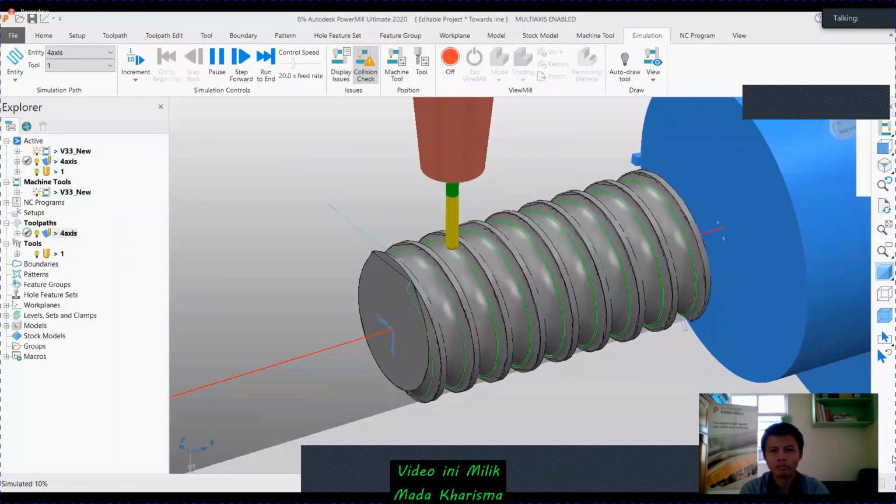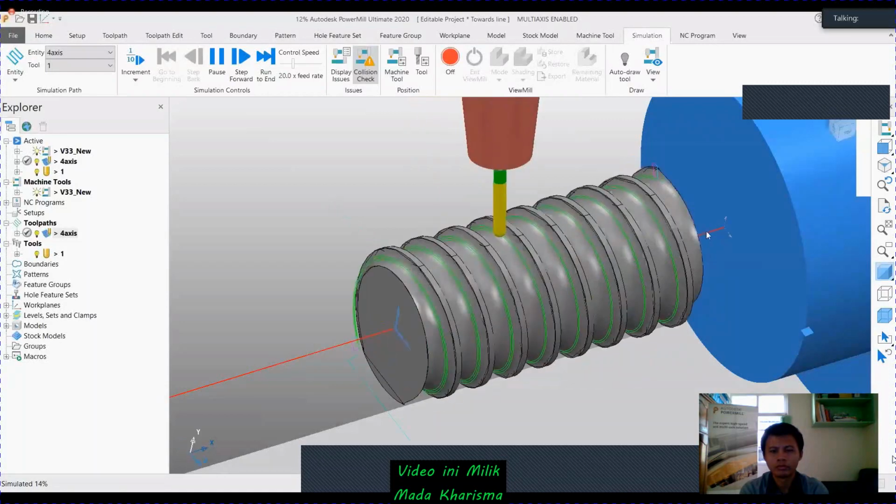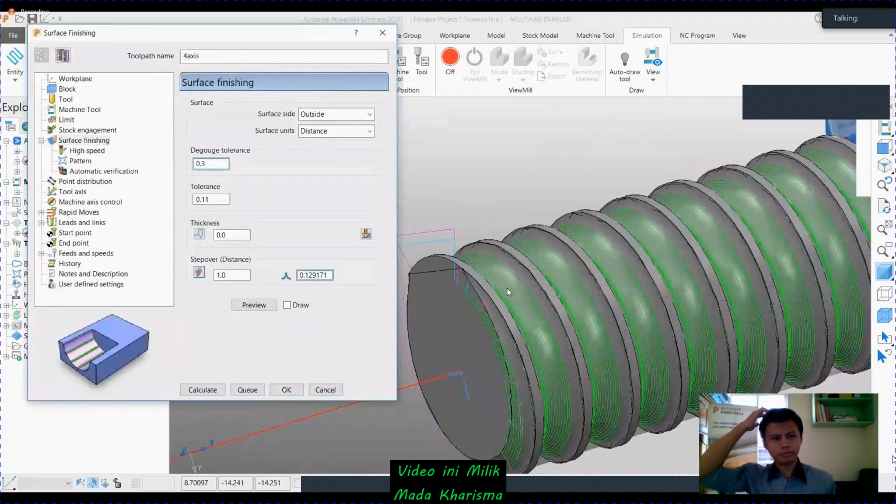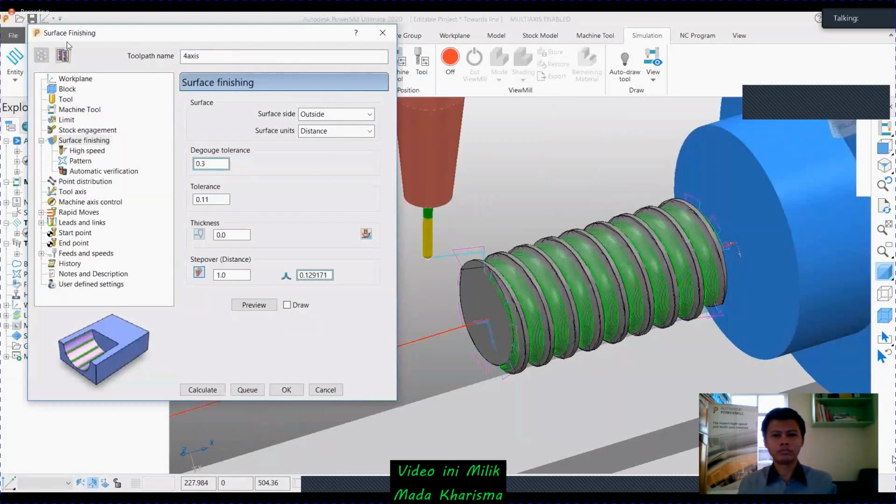Go back to your toolpath strategy here. Under this, I am using a surface finishing strategy. You can use any of the toolpath strategies, like flow line finishing or projection line finishing, whatever it is. Here I'm using a surface finishing option where my tool axis is towards line.